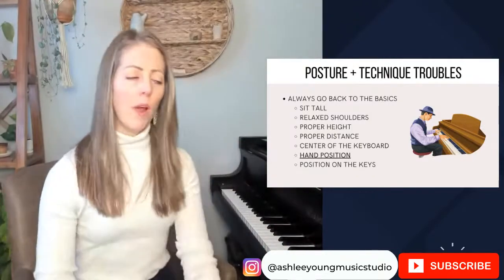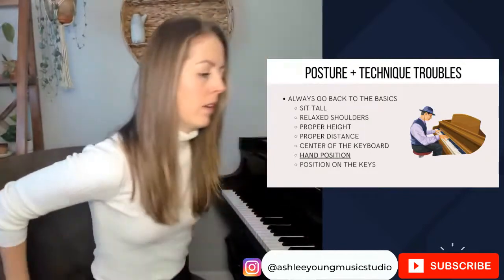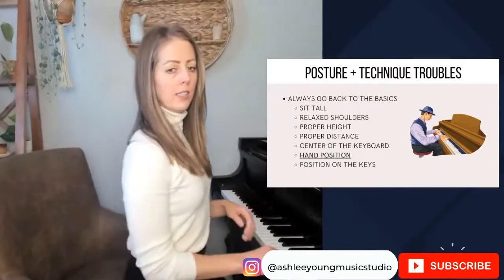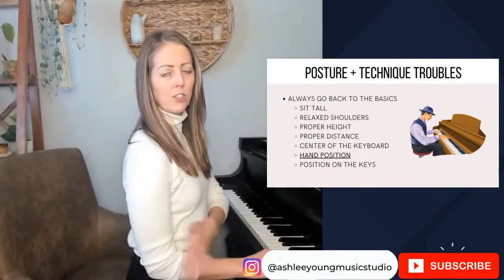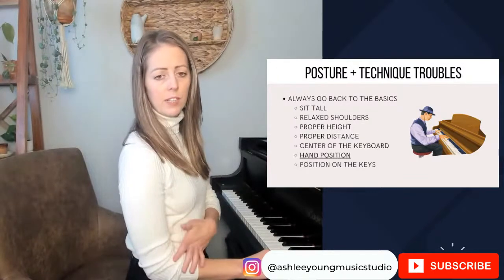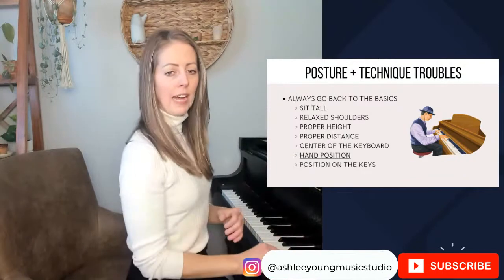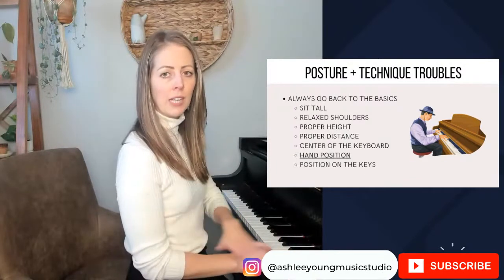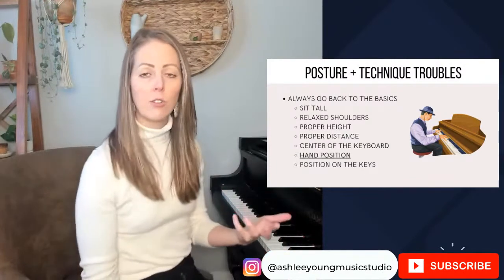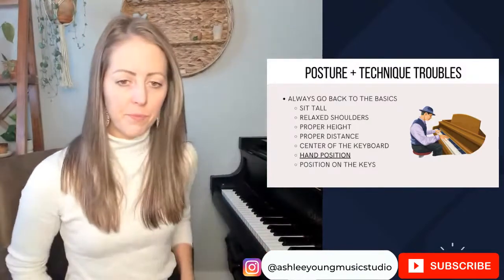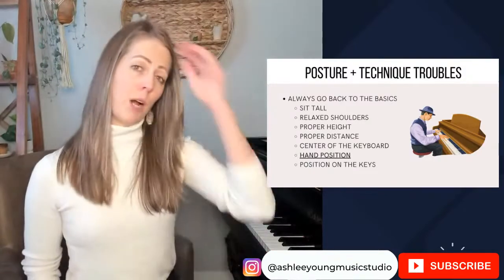And the way that you know that you're at the proper height is if when you go to put your hands on the keys, your elbow should make a 90-degree angle like this. And so you don't want a V and you don't want a straight line. You want that 90-degree angle or that uppercase L shape, and that's how you'll know that you're at the proper height.